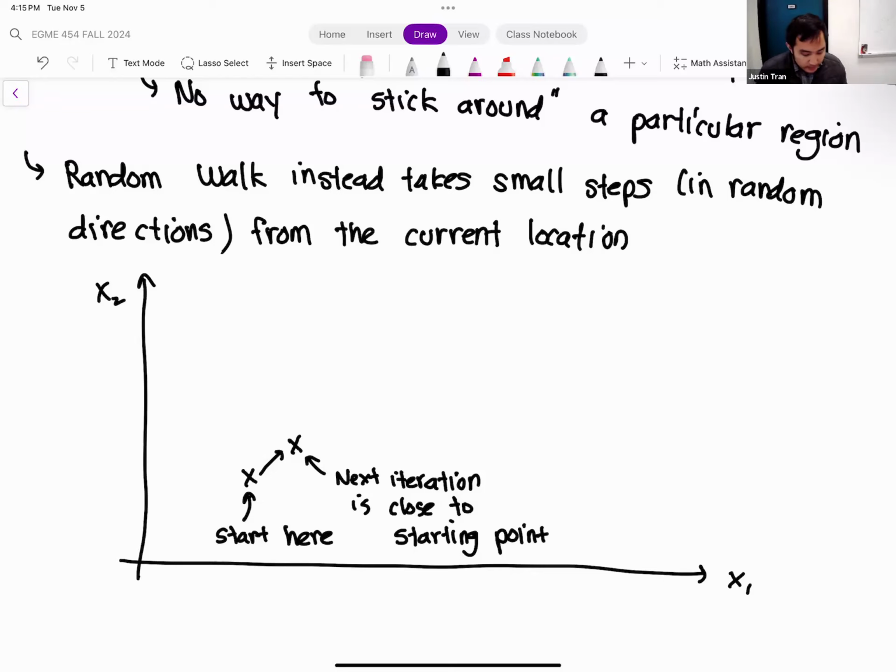But at this point, random walk will check. And so it's not just going to keep stepping randomly. You have to step with purpose as well. And so after you take the step in a random direction, the next step is to basically check, right? We want to check and see if taking this step led to an improvement of our objective function.